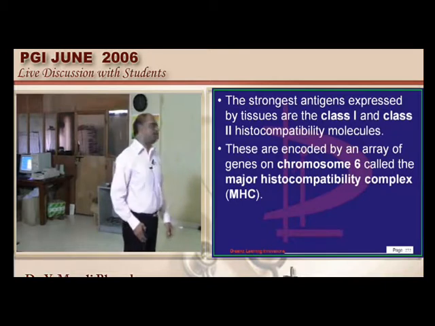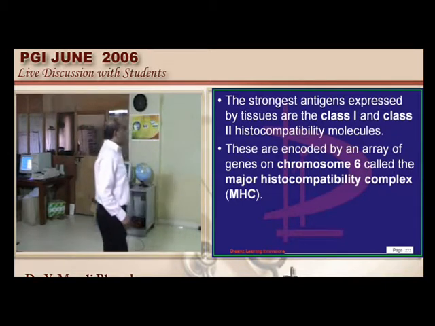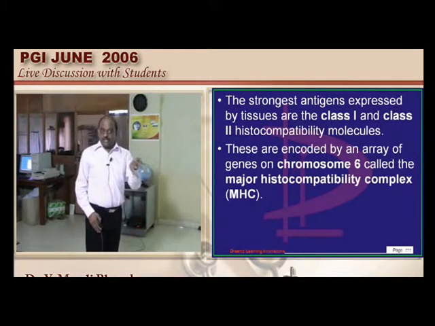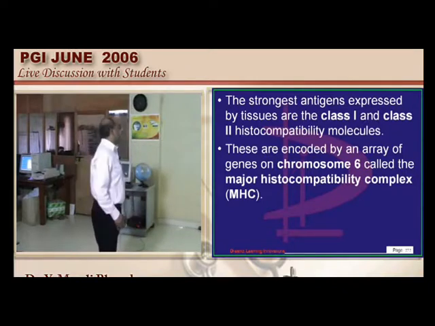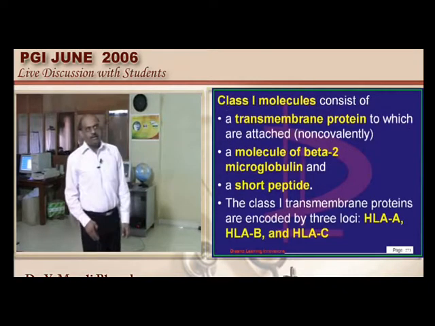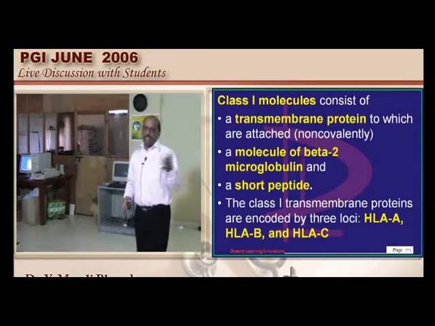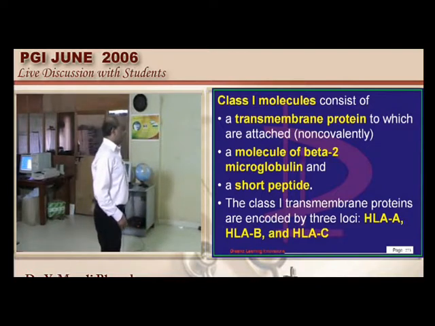These are some of the testing topics. Now we have class 1 and class 2 types. It is on chromosome 6, the genes which are sitting on it, the alleles, they decide the expression of both class 1 and class 2 type of MHC molecules. Now where are these class 1 molecules expressed, in which type of tissues? Basically it is a transmembrane protein,